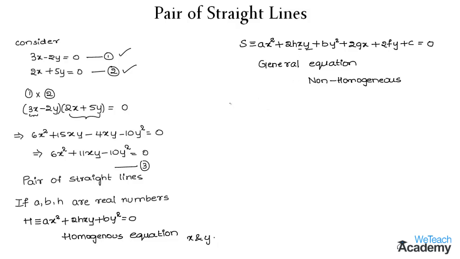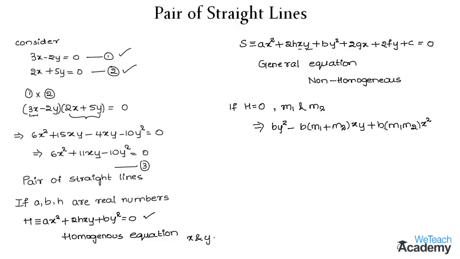Make a note of the following point: if this equation represents a pair of straight lines and b is not equal to 0, then these lines are non-vertical. If m1 and m2 are the slopes of these lines, then we can write the equation ax square plus 2hxy plus by square = 0 in the form of by square minus b into (m1 plus m2) into xy plus b into m1 m2 into x square.